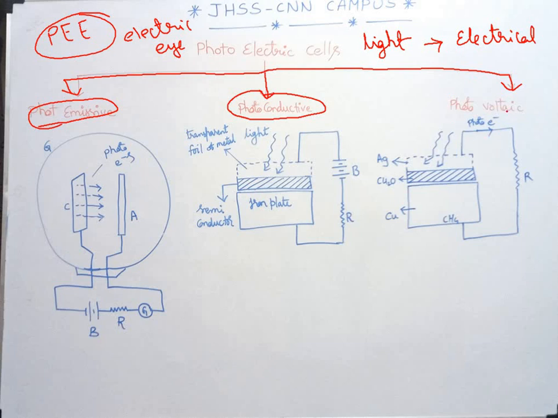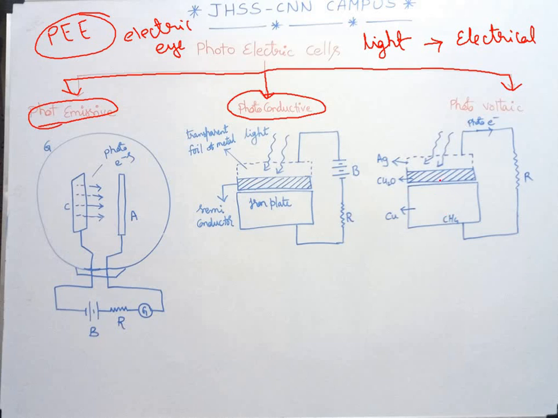Photovoltaic. Now let's look at this, and you will understand what a photovoltaic cell is once we finish. Look at the figure carefully. This consists of a copper plate coated with a thin layer of cuprous oxide. A semi-transparent film of silver is laid on this plate to provide good contact, which you can notice in this. When light falls on the oxide layer, the electrons emitted from the layer move into the copper plate. Then the oxide layer becomes positive and the copper plate becomes negative. Hence EMF is developed between these two.